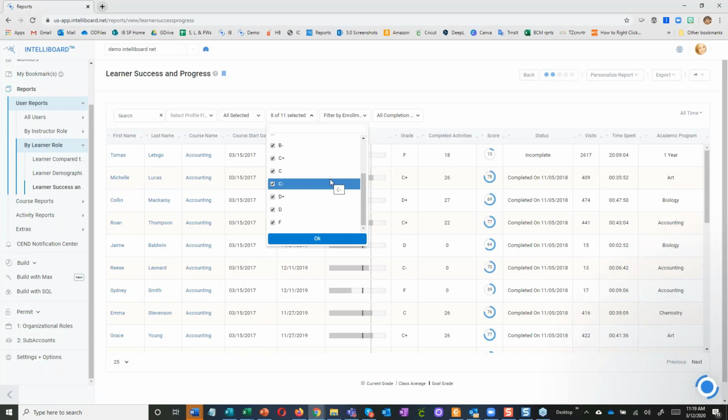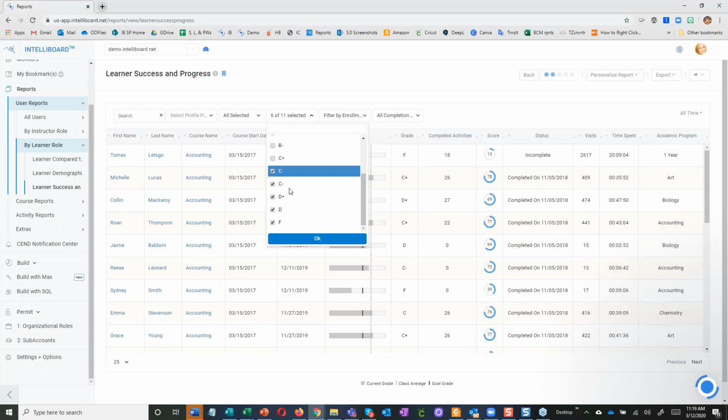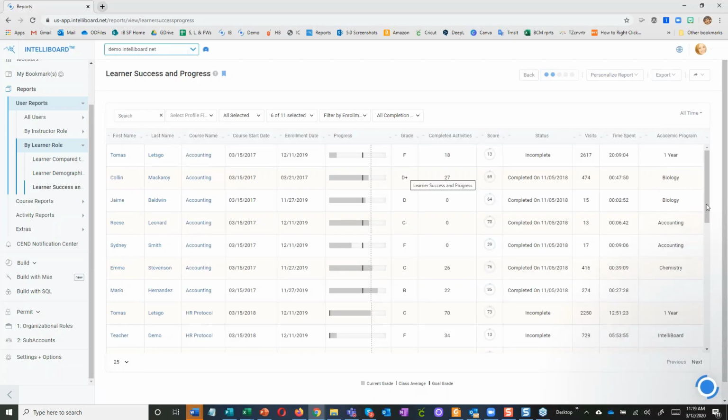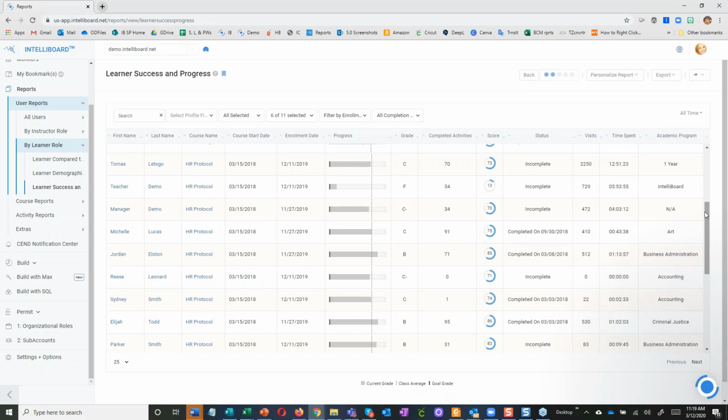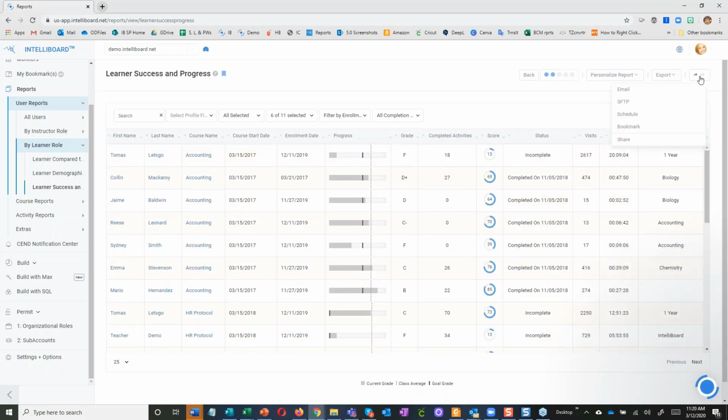If you have cosmetology, if you have a C or lower, you're failing. So it doesn't need to be consistent, is what I'm saying, when you are looking at learners at risk. You can change this at any time. So if I deselect and I go with C or lower, come back up here. I want to run it, but let's see if it'll let me. There we go. And I run it again, and now we see learners at risk, right, with that parameter shift. Okay, I can do anything I want to with this.